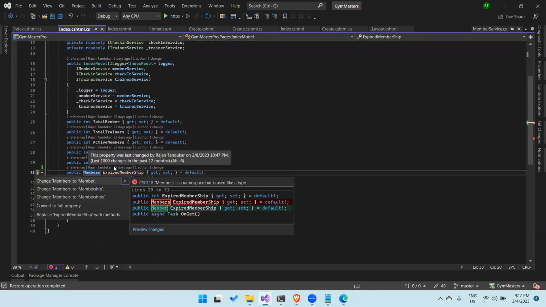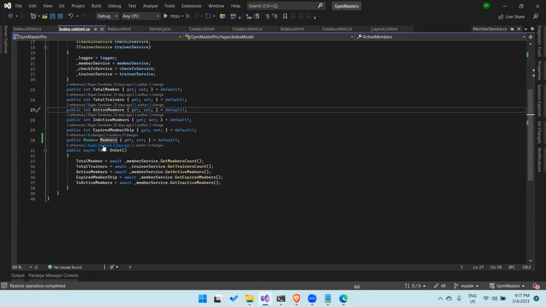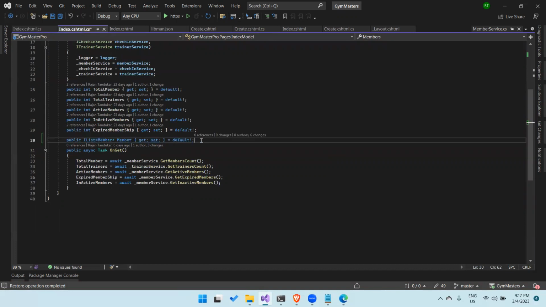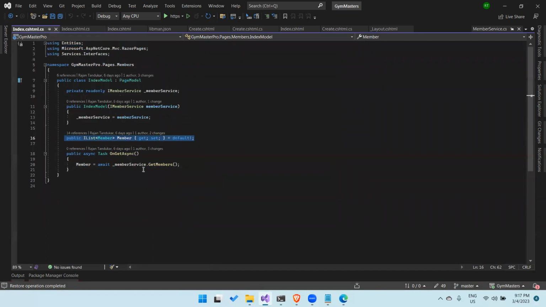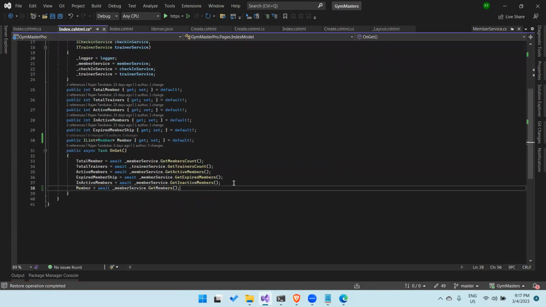Some members, exactly this member, and here it's members. And actually it should be a collection of members. So member, okay, let's just copy this code. This will be a collection, right? So put this over here. And member, instead of getting all the members, we'll have to select. Just copy this code at the moment. It's members,